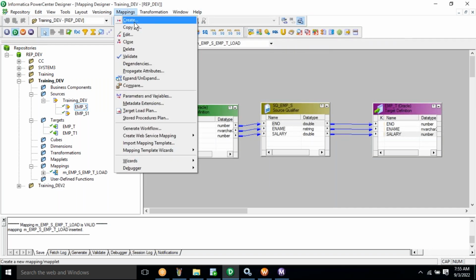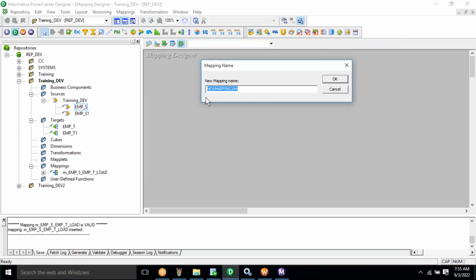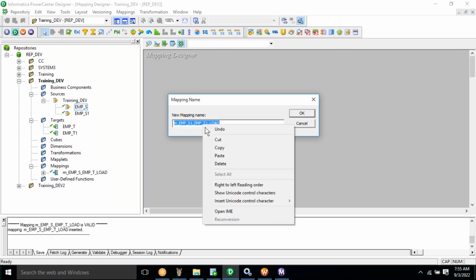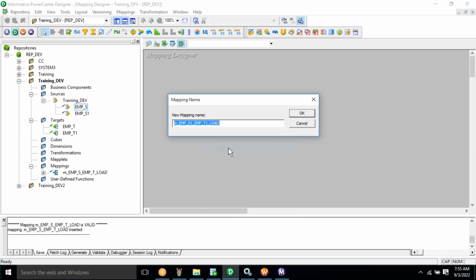As soon as you click on create button, automatically the workspace will become clear. Now we will give the mapping name like this, small m underscore emp underscore s1 underscore emp underscore t1 underscore load. So like that we can give the mapping name. Now itself you can copy the mapping name, so that the same name you can give while creating the session